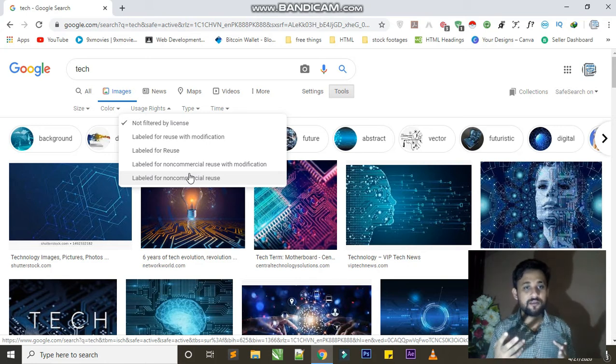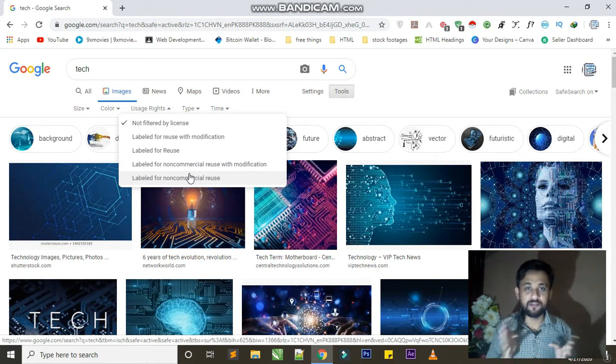Labeled for reuse means that you can reuse the images but you cannot modify them, you cannot add text on them, and you cannot modify them in any other way. And the label for non-commercial reuse with modification means that you can use the images with modification, but you cannot use them on a commercial platform.